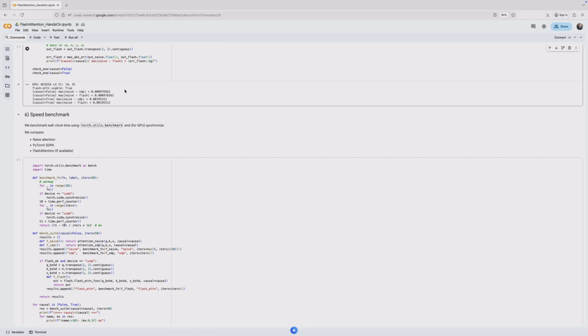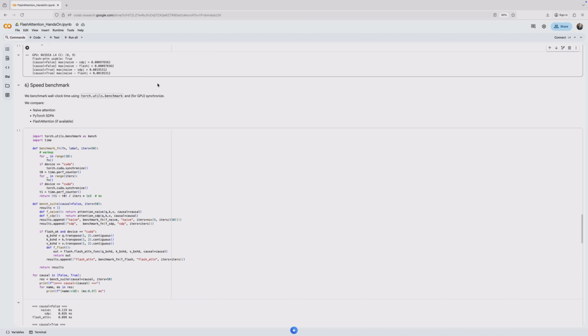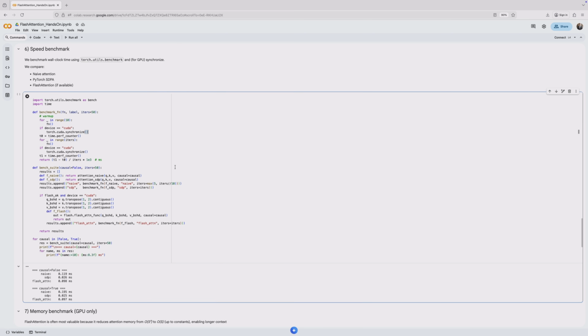Now that correctness looks good, the next step is to measure performance, where FlashAttention typically shows large speedups and much lower memory usage, especially as sequence length grows. In this section, we move from correctness to performance. Now that we know all implementations produce essentially the same attention output, the natural question becomes, which one is faster in practice? Here we benchmark the wall clock runtime, meaning we measure how long each method takes to run, averaged